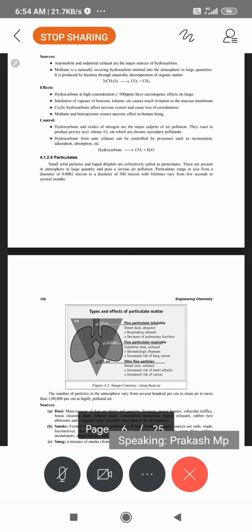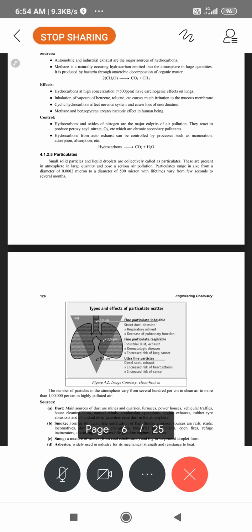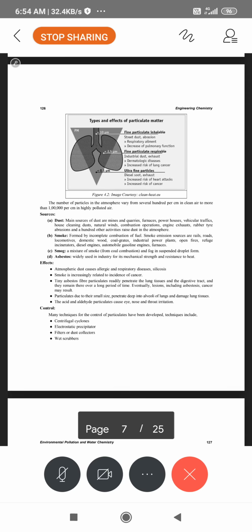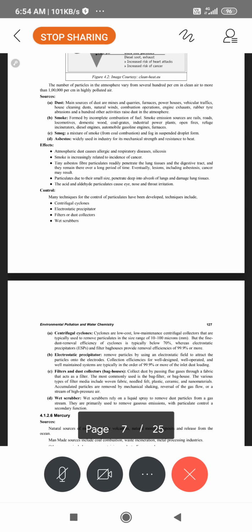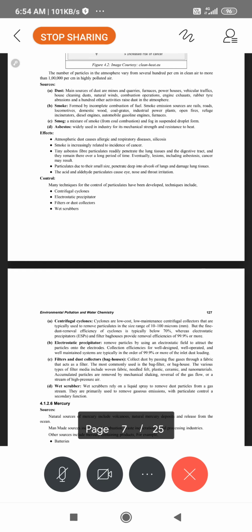In the same way, nitrogen dioxide and sulfur dioxide cause all the other problems too. So the next one is particulate matter. These particulate matters are dust particles. They are also called aerosols. They are in the form of sizes from 1 to 100 micrometers. Those below 1 micrometer